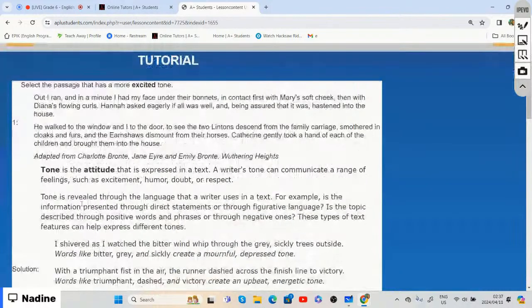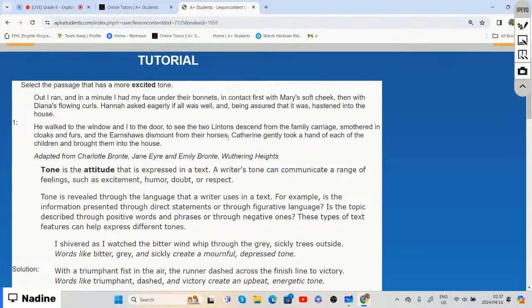If we look at this passage over here, it says it has one excited tone. An excited tone will mean that your text will kind of be hyped up. Because the passage we say has more than one exciting tone, it says: